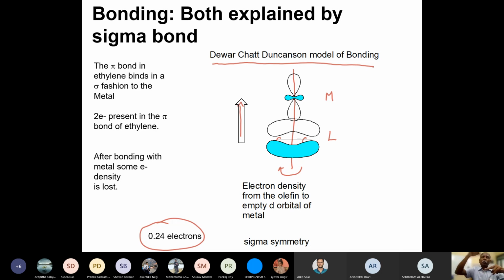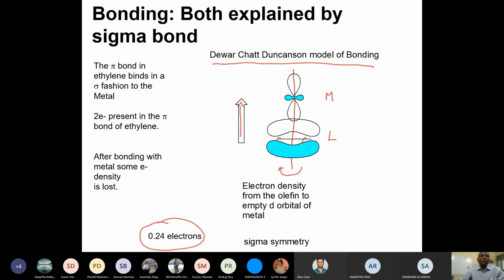Whereas when you talk about the metal interacting with the pi electron cloud, the metal is sitting on top, the way I have put it on the screen. However much you rotate the olefin on the XY plane, now I'm keeping the metal constant, fixed, and moving the ethylene plane, nothing is going to change as far as this bonding is concerned. So you can rotate as much as you want around this axis, which I have indicated in brown color on the screen, and this electron density flow will not be disrupted.